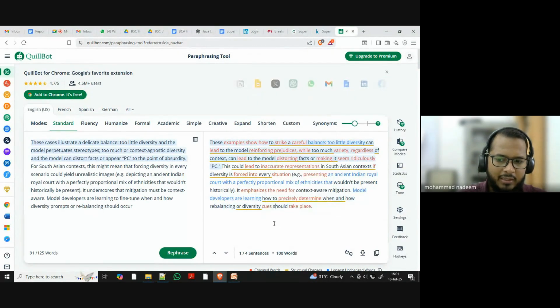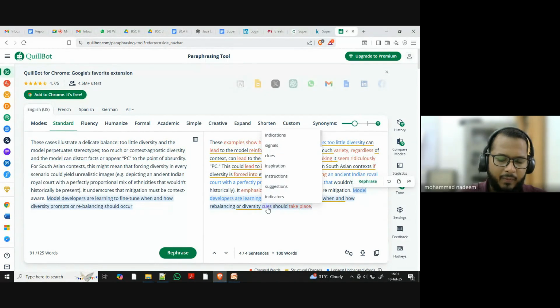cues. So you can click on it, and it suggests that rather than using "cues," you can also use the word "indicators." You can also use the word "suggestion." You can also use the word "instruction," and so on. So if you do not like the word "cues" here, you can see the options available and maybe change it